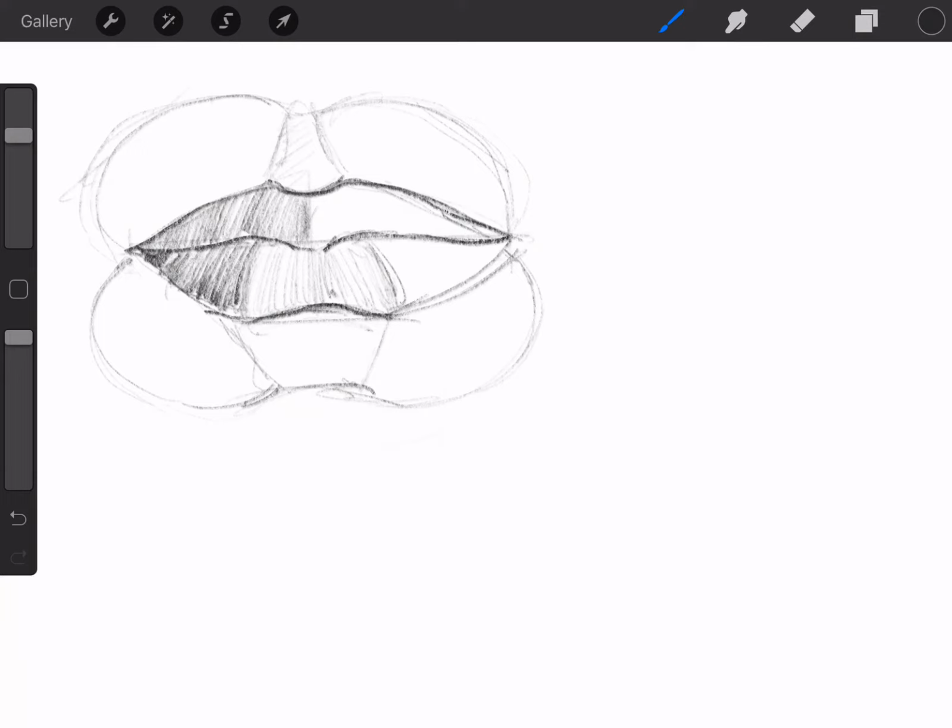If you're drawing the mouth from a side view, it's very similar. I'm going to go from the top, a little bit of a turn down, over, so that would be the top of the lip. And we'll show a little bit of value, a little bit of form to that. And that's the same size as the side over here. And then the bottom of the lip,